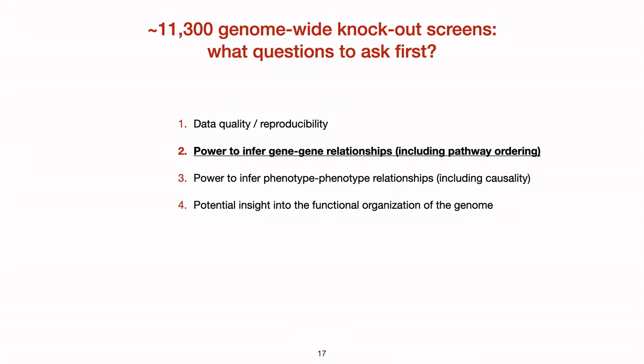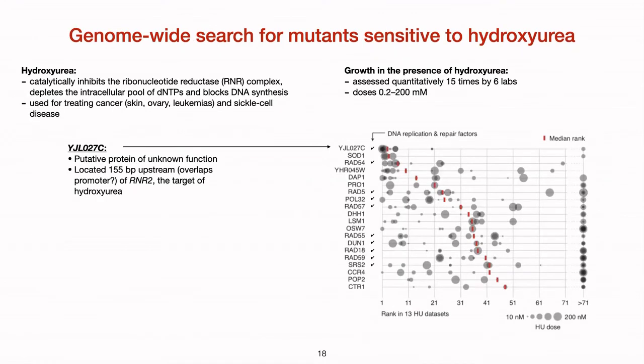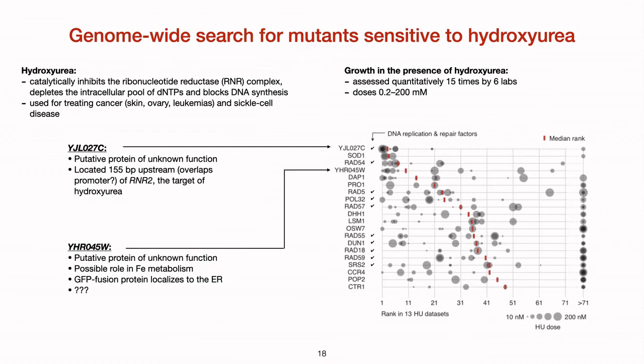To infer gene-gene relationships, it all comes down to this: if you compare phenotypes, thousands of phenotypes across many different genes, you recover genes that are known, or that have not been characterized before, but you can predict function for. A good example is this one gene, YHR045W, which has no known function, which is bizarre because in this particular data set, where I'm looking at genome-wide screens for sensitivity to hydroxyurea, which is a very well-characterized drug, you will